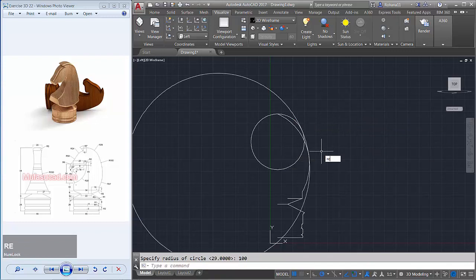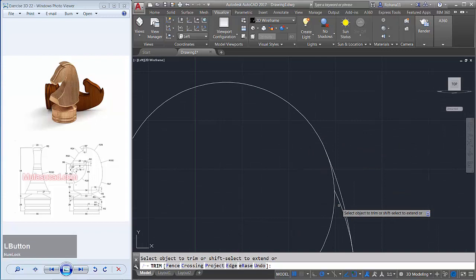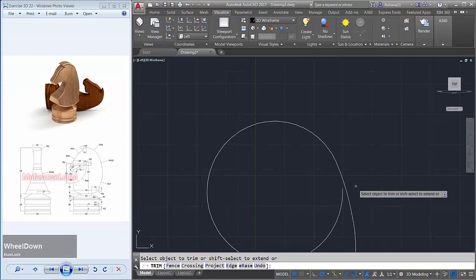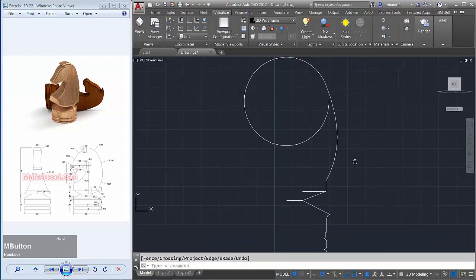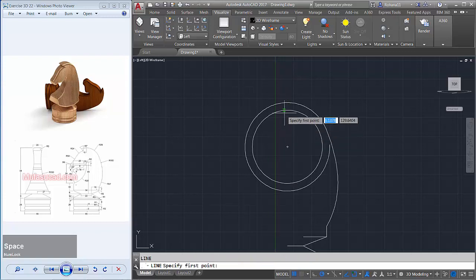Okay, use a trim command to cut the circle object. Okay, we cut the circle object, and then I will cut in here, and enter to finish. I will create circle from the center point with radius about 24, and then create a line from this point to the top here.